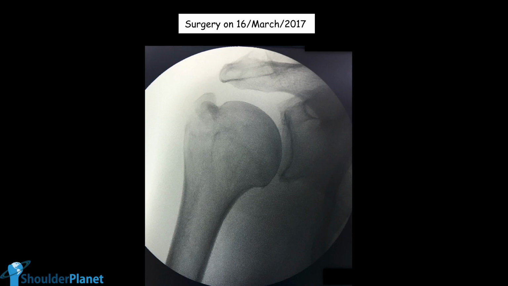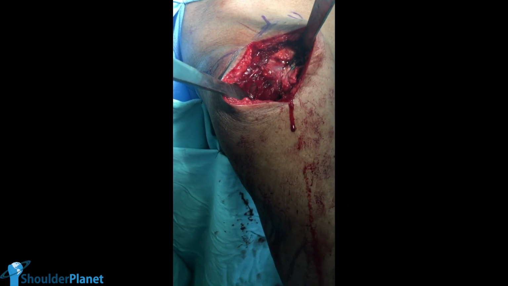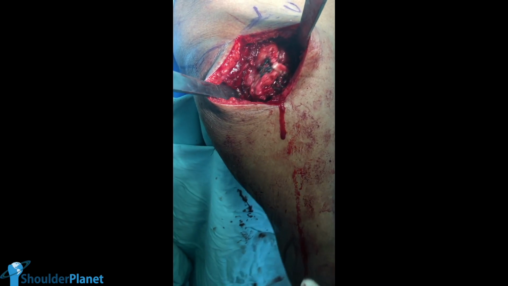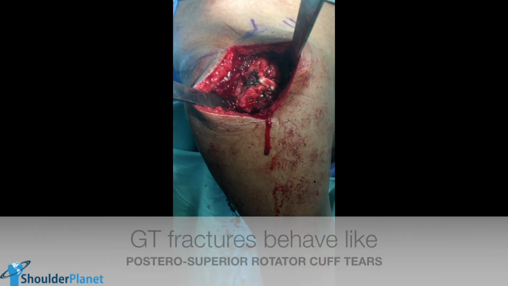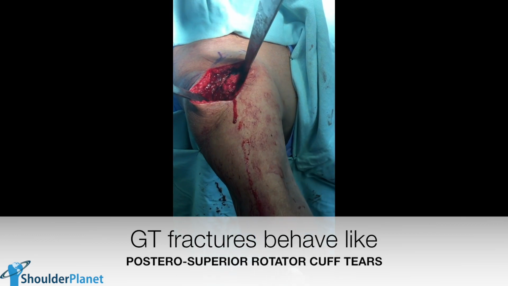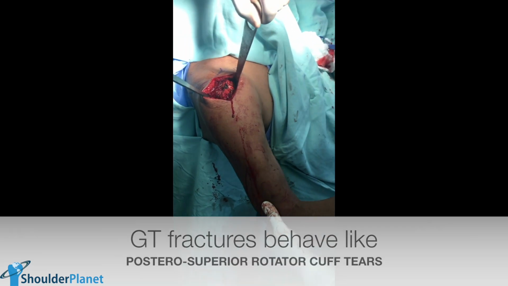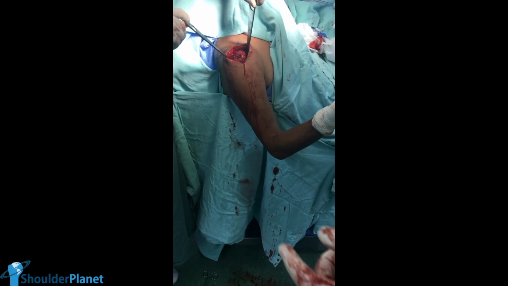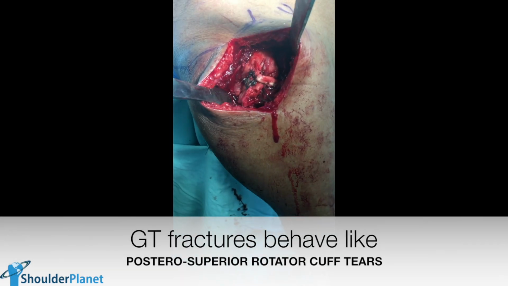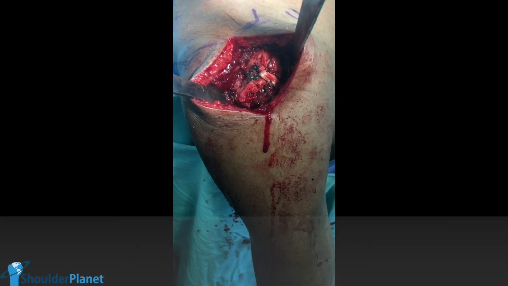So this is the C-arm view, a very nice view in which we can see the fragment in the beginning of the surgery. Here we are seeing a video in which I did an osteosuture. It's very important for us to understand that greater tuberosity fractures behave like posterior superior rotator cuff tears. This is not an opinion, this is a fact, this is a concept, and I'm going to say it again to the juniors. Greater tuberosity fractures, once they are operated, behave like posterior superior rotator cuff tears,